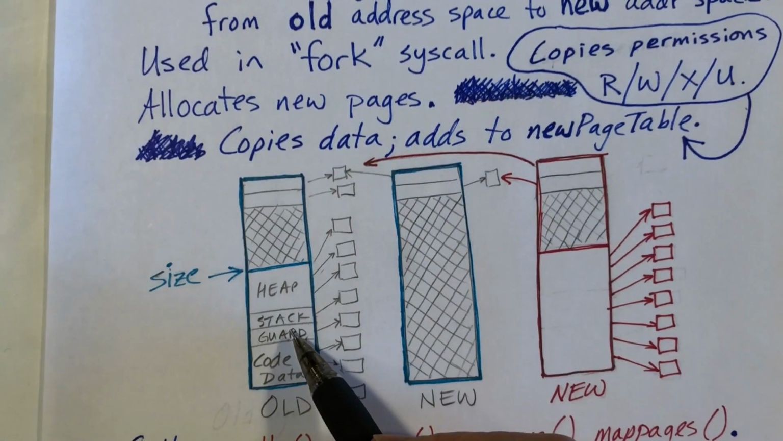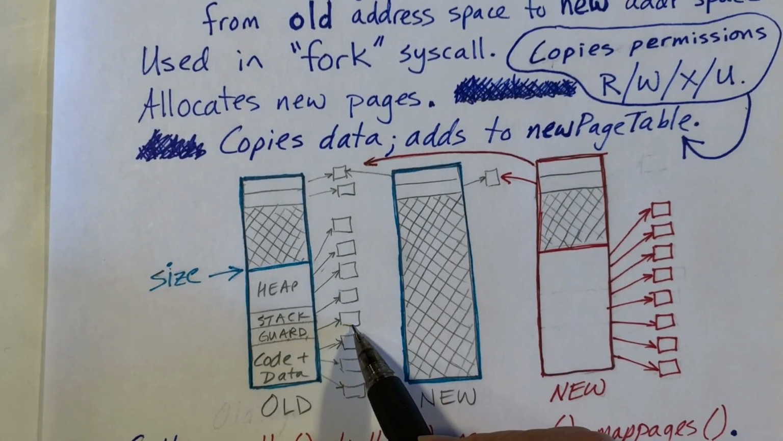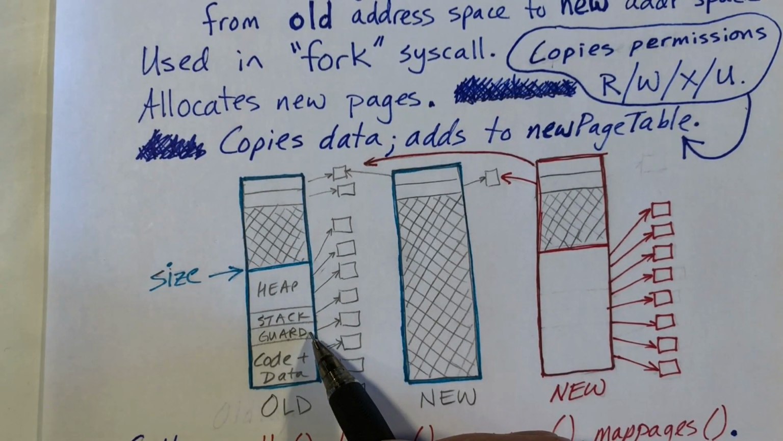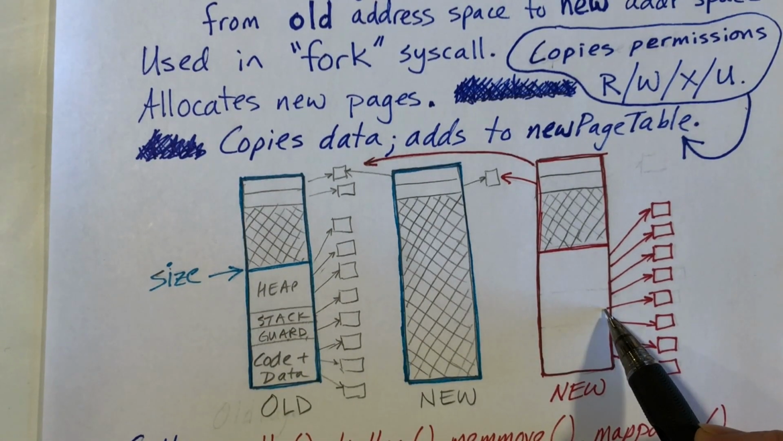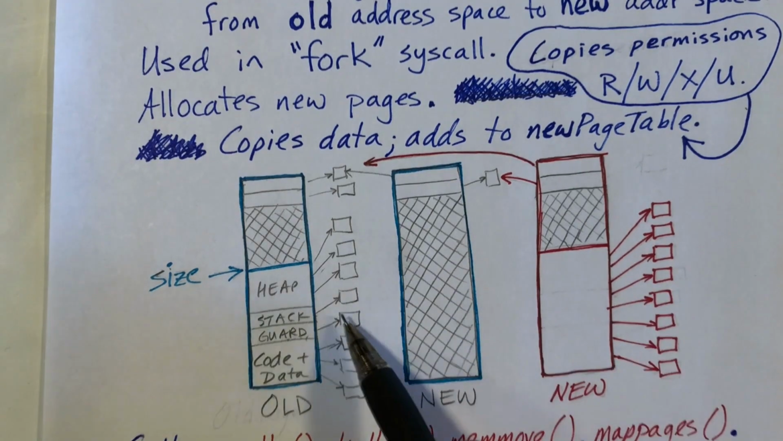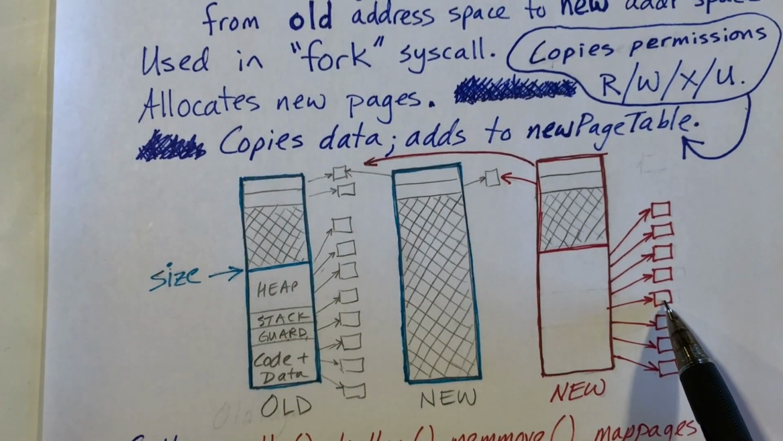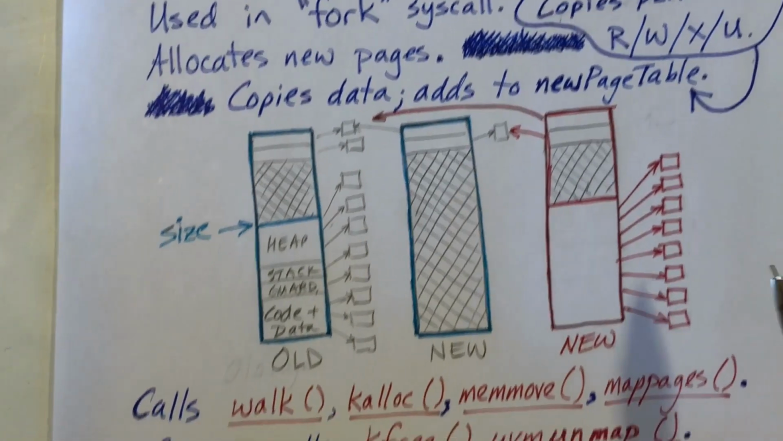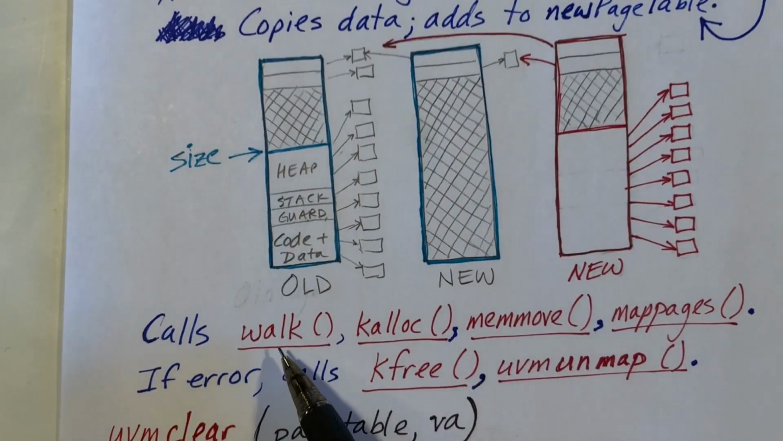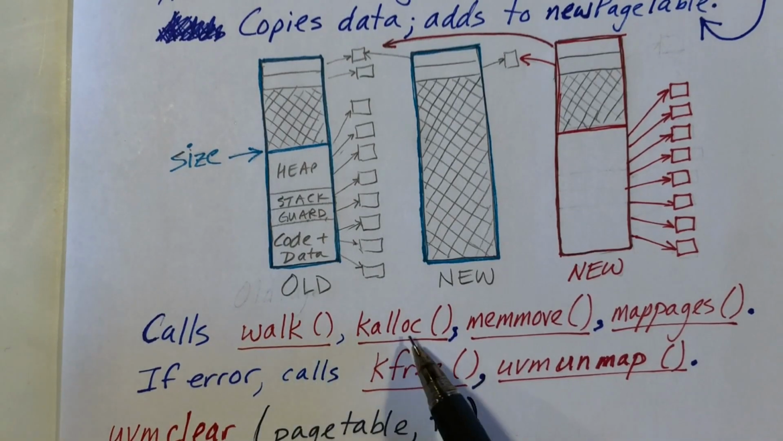One thing I wanted to mention is that the guard page is actually mapped to a physical page in memory. It will be marked as not accessible in user mode, so over here it will also be marked as not accessible in user mode. But to keep things simple, we copy the page, even though this data page will never be accessed. So in order to do this, the function calls walk to walk the page table, kalloc to get